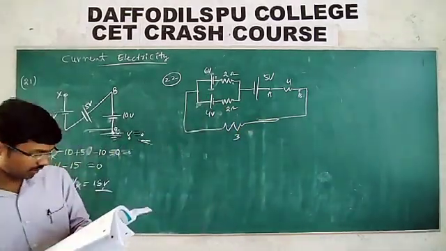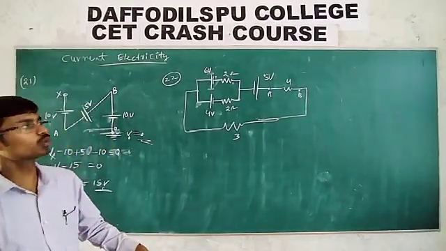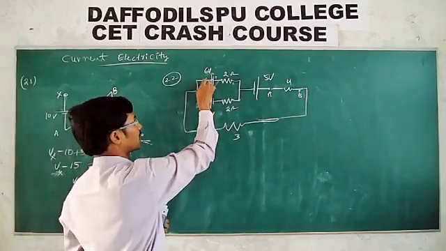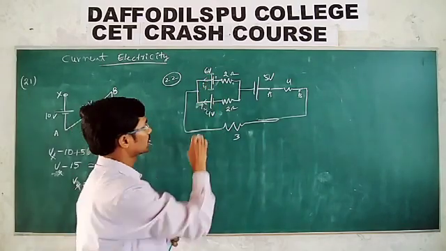They are asking to calculate the current through the 6 volt battery. 6 volt battery means what? At this point what is the current? Let us take I1. If it is I2, then I1 they are asking. Is it okay? But remember,